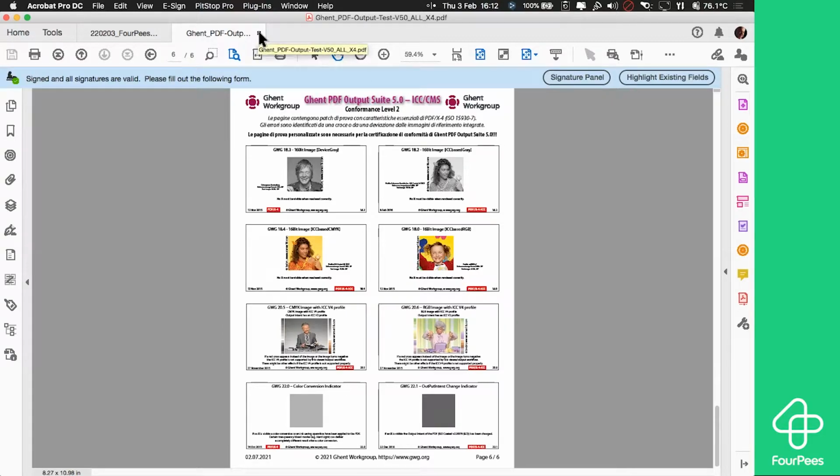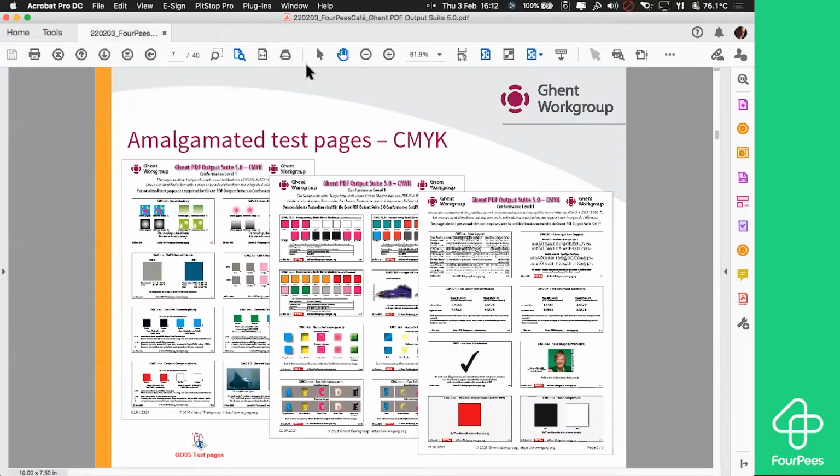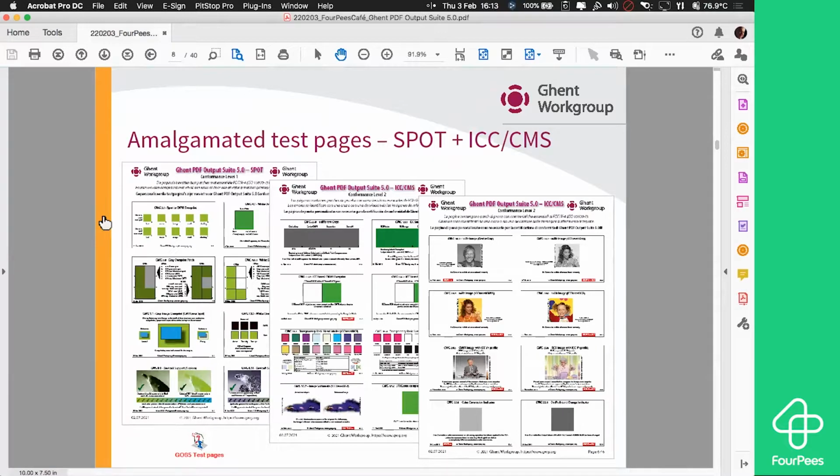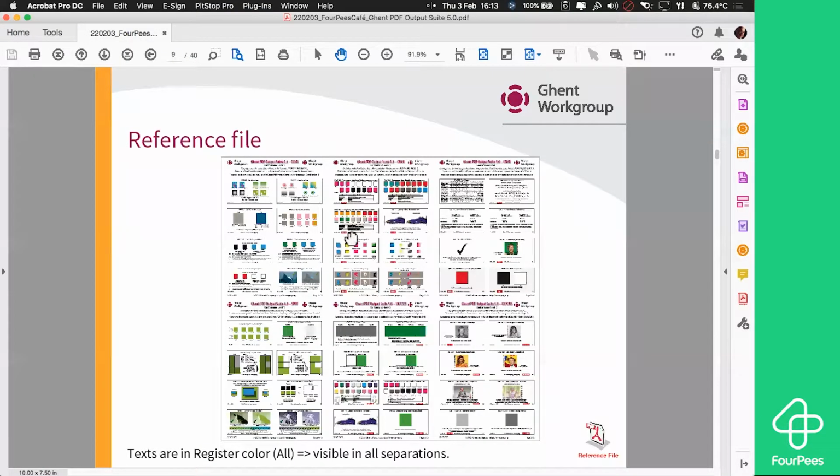So that's basically the 6 pages, and usually most people use these 6 pages to test. They don't use the single patches. That's mainly for developers if they concentrate on one single aspect, so they use the single patches. We have a reference file which has all the 6 pages